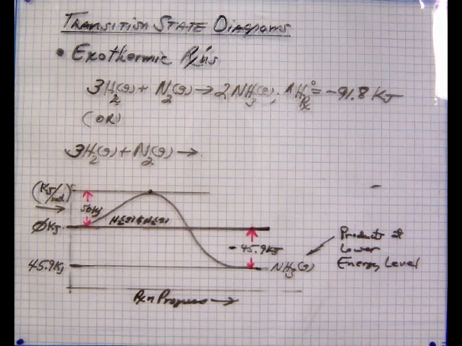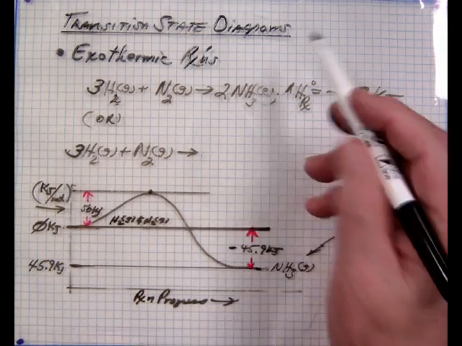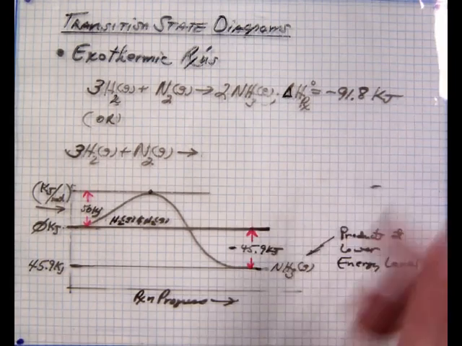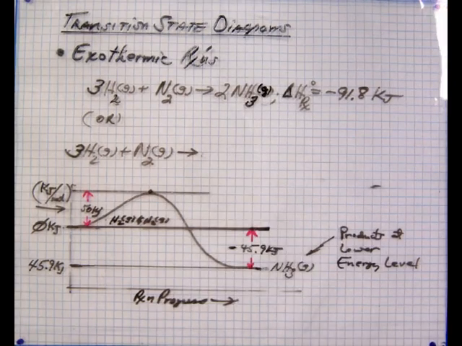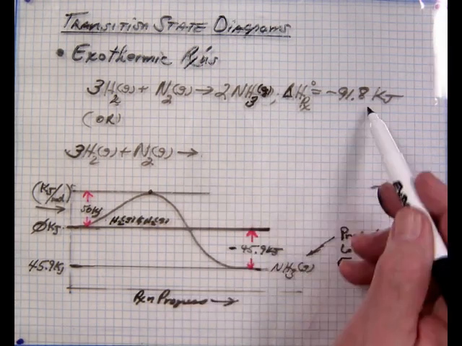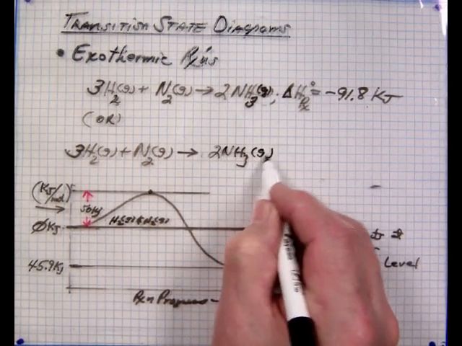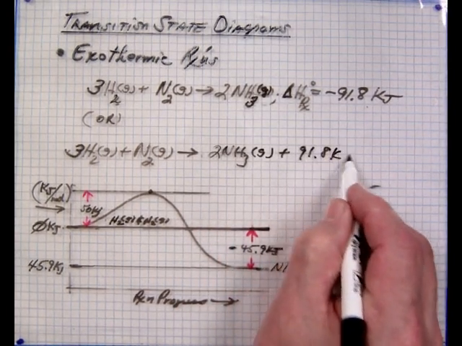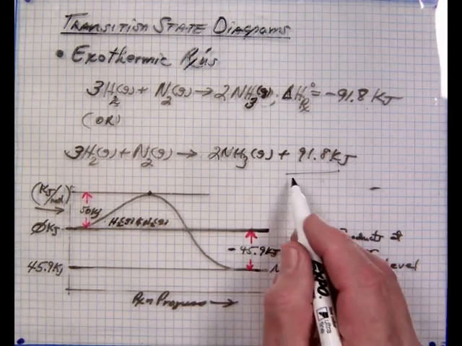Now here are the exothermic reactions. Here's synthesis of ammonia. Heat of reaction is minus 91.8 for 2 moles of the formation of the ammonia. If we were to integrate this into the equation, we'd need to write 2NH3 gas plus 91.8 kilojoules. Having the energy number on the right side of the yields arrow indicates exothermic